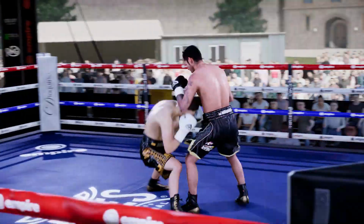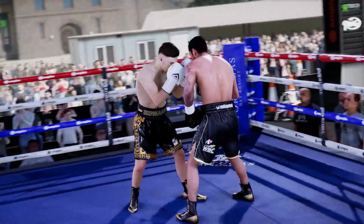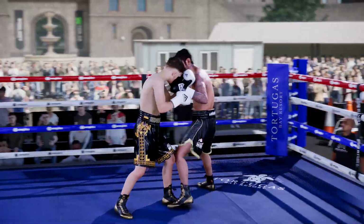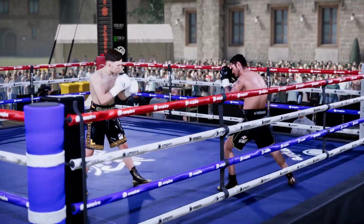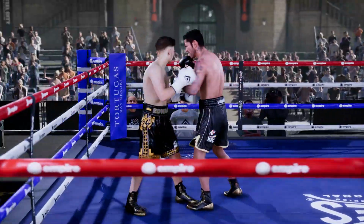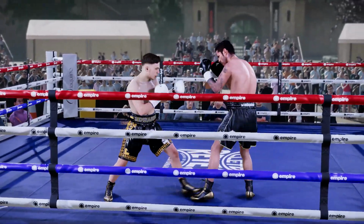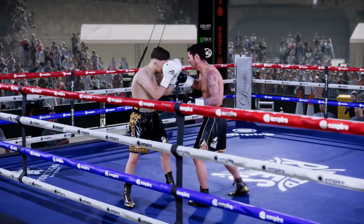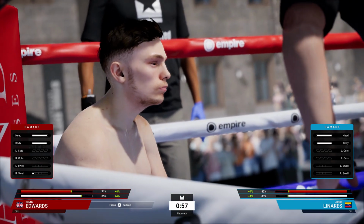That left counter was perfectly timed. The bravery being shown here is just incredible. A very competitive round with 10 seconds left. Nice offensive display landing that left counter. The game plan does not seem to be...